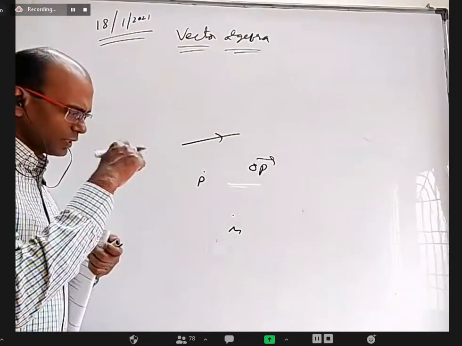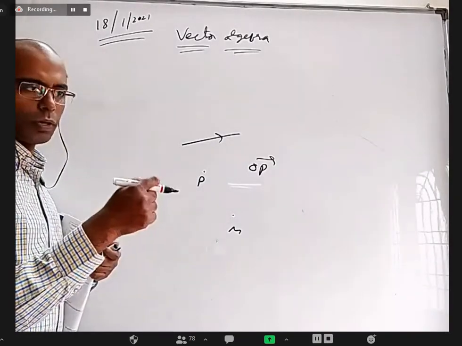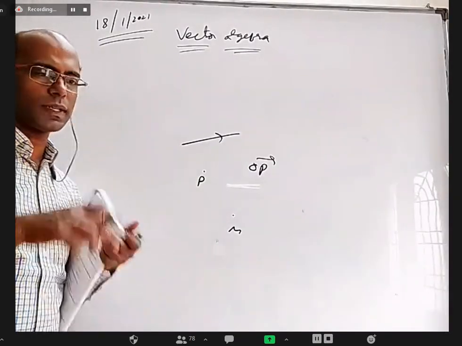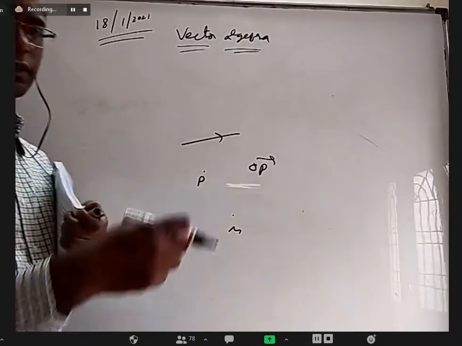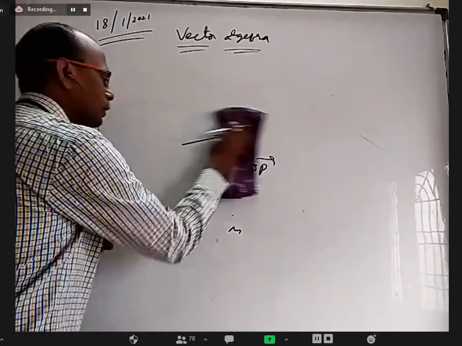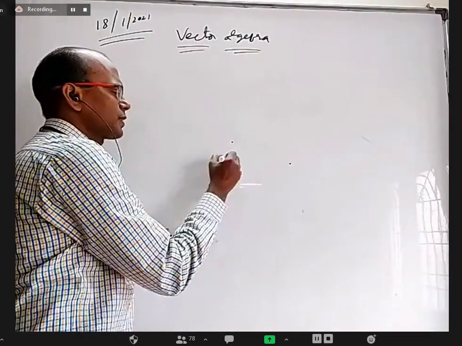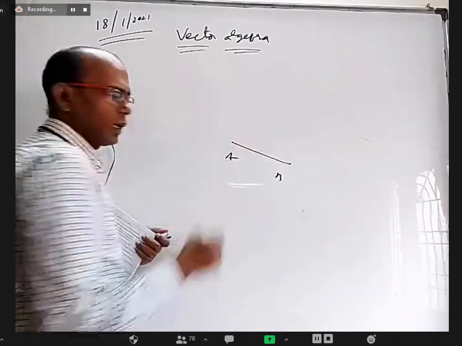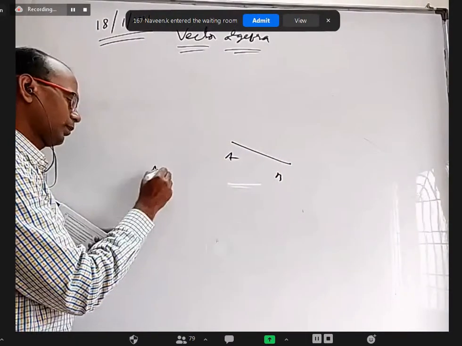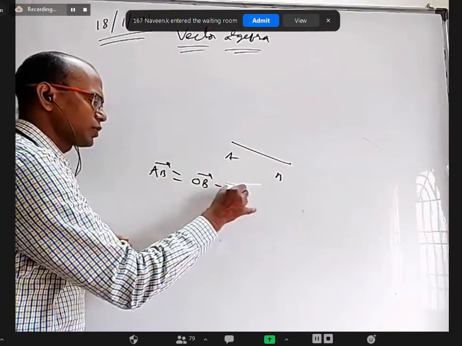Okay. So the vector starts from origin and ends at that point. The tip of that vector is just a point, but we are representing from origin to that point as a vector to know where its position is. That is called position vector. Next, whenever 2 points are there, A and B, and you want to know AB bar, it is position vector of B minus position vector of A.